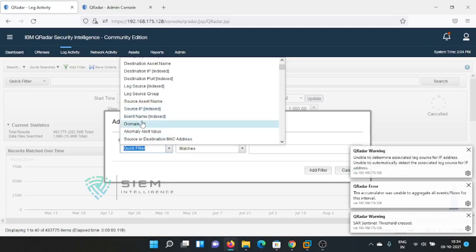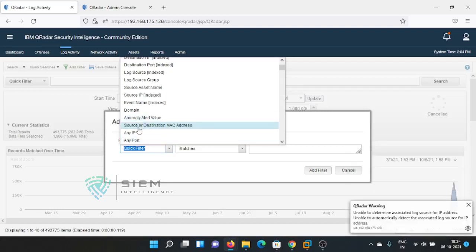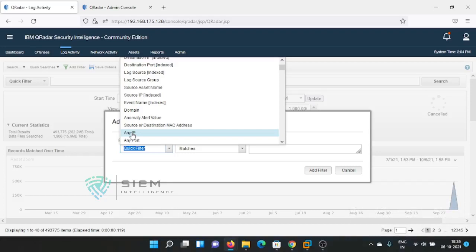If you know the domain, as I told you, we can select only domain data, Flipkart data, you can select. And see, anomaly alert value, if it is more than 5, something like that. If you know the source and destination MAC address, you can select it. If you don't know whether it is a source IP or a destination IP, you can select any IP. If maybe you found it in a payload, you can select any port.